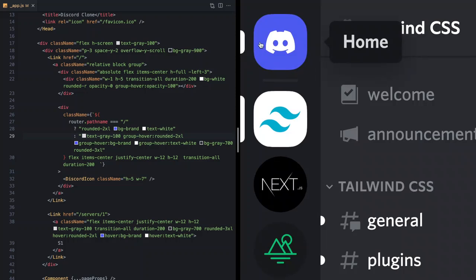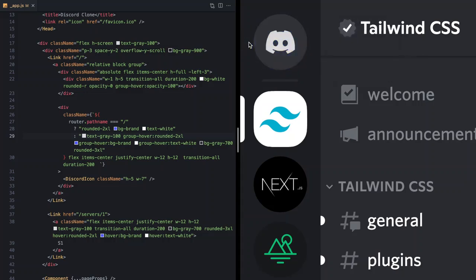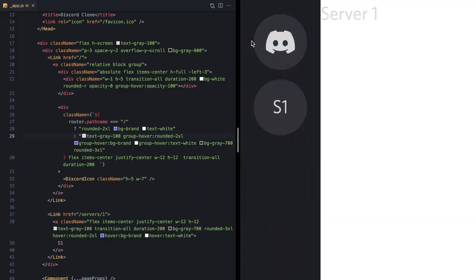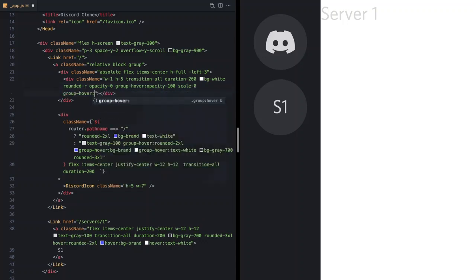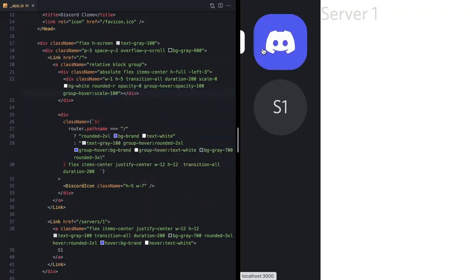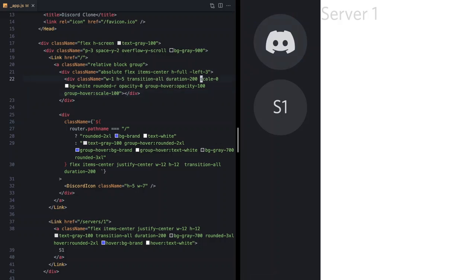Okay, the next part is this scaling effect. We'll see that the active indicator here kind of scales down towards the left when we mouse away from the button. Well, we can achieve that pretty easily using Tailwind's scale utilities. So let's start it off at scale 0. And when we have the group hover, we'll apply scale 100. And now this is kind of scaling in and out. And it looks almost right, but there's something a little off. If we come here and find duration 200 and slow this down just a little bit,